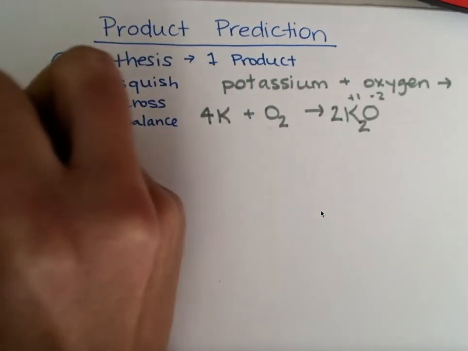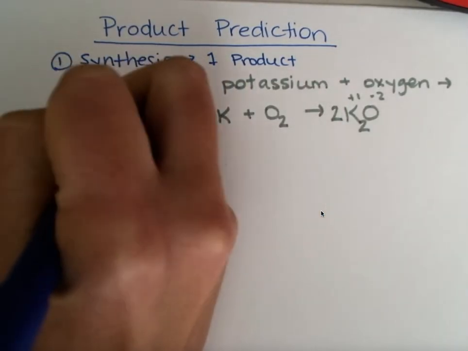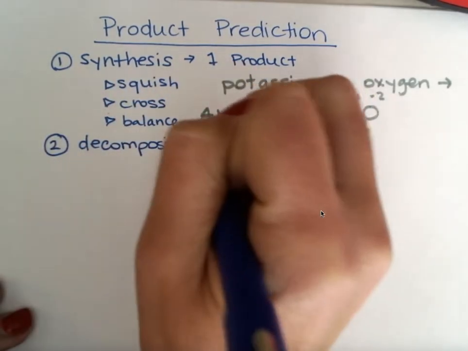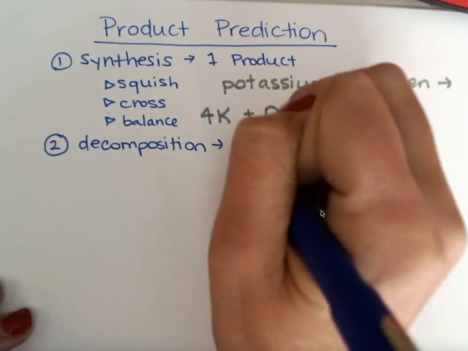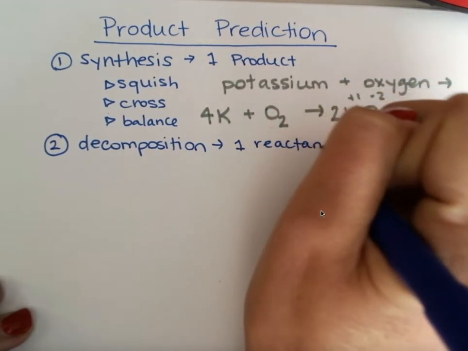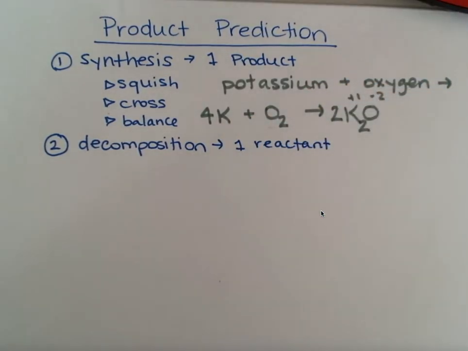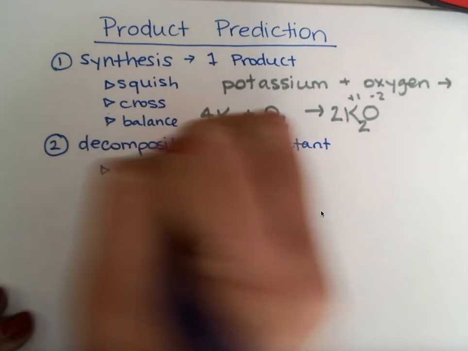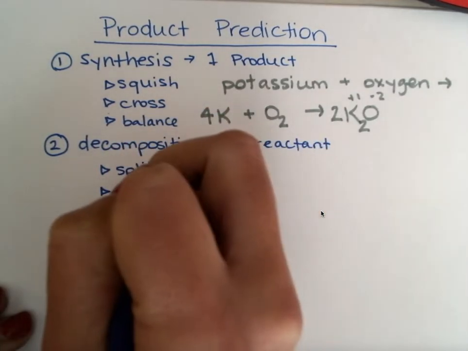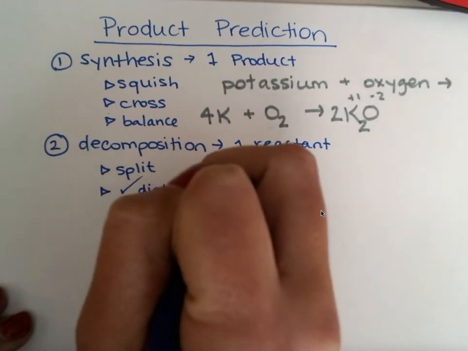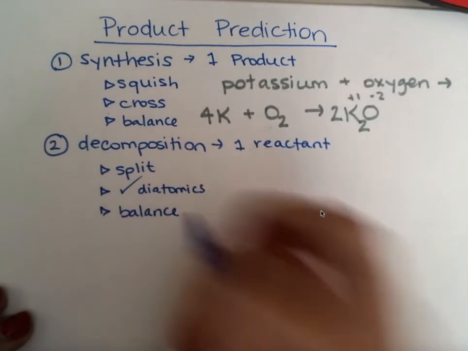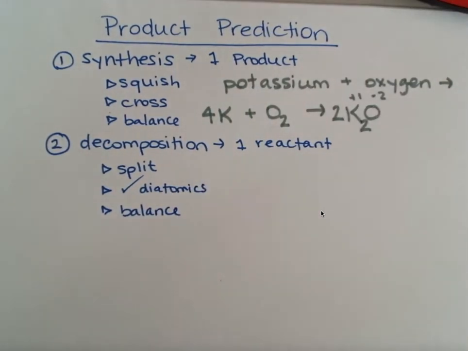For our second type, we're going to talk about decomposition. And in a decomposition, right, we only have one reactant. When I only have one reactant, I'm going to make sure that I split those up. I then need to check for diatomics, followed by balancing that equation. So if I have a decomposition,